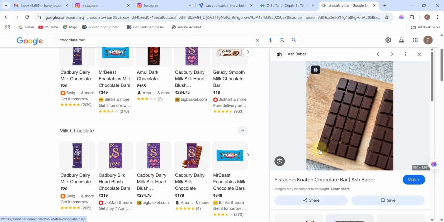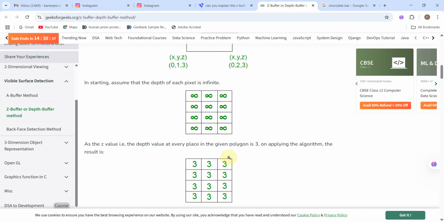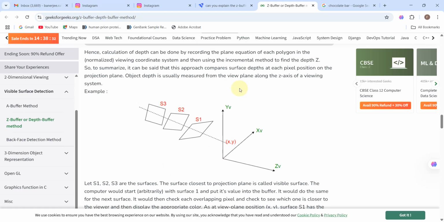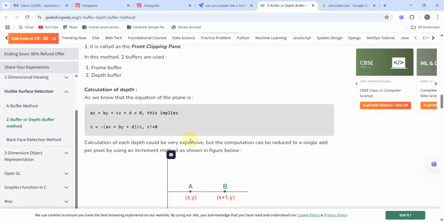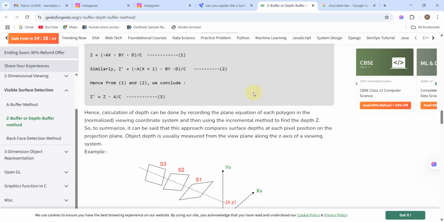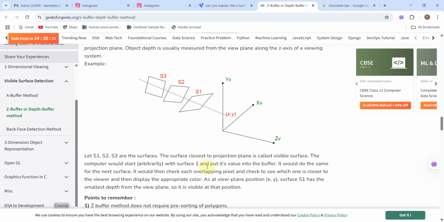Here you can see the whole chocolate bar has one z value. If you take the z coordinates in this manner in the world space, whatever matrix I'm showing here in the GeeksforGeeks blog has the z coordinate of the world matrix, and it is defined like this.